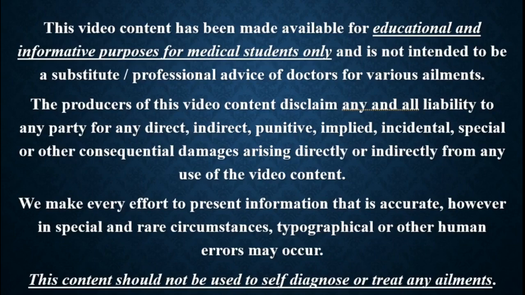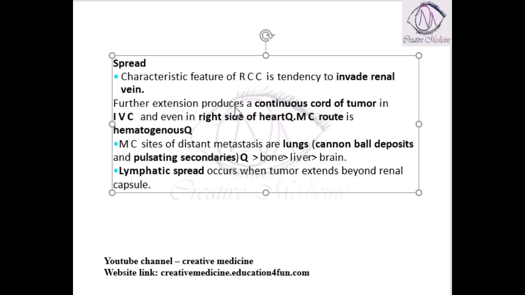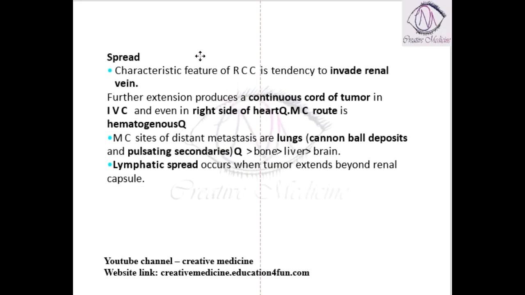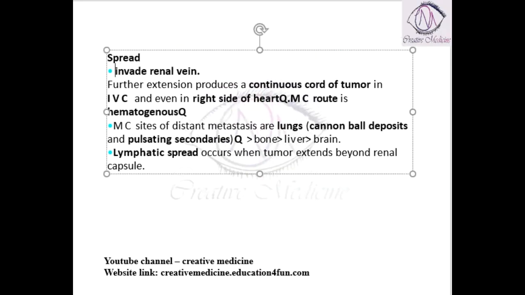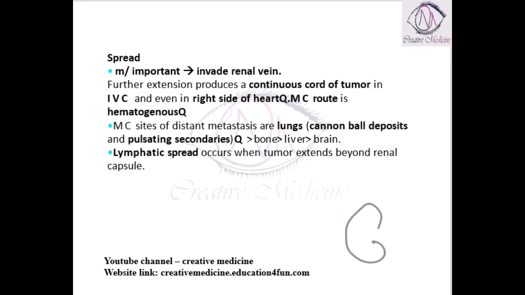In this lecture, we will learn about the mode of spread of renal cell carcinoma. One of the most characteristic or most important features is invasion into the renal vein. So renal cell carcinoma can invade into the renal vein, and if it invades into the renal vein, then the tumor emboli will pass through the renal vein, and from there it reaches the inferior vena cava